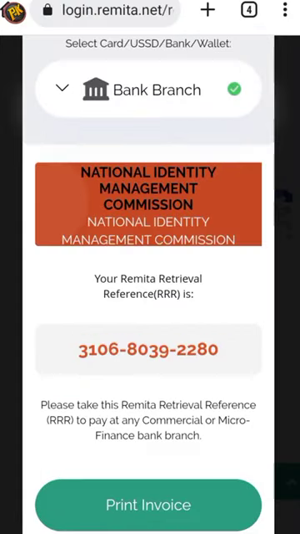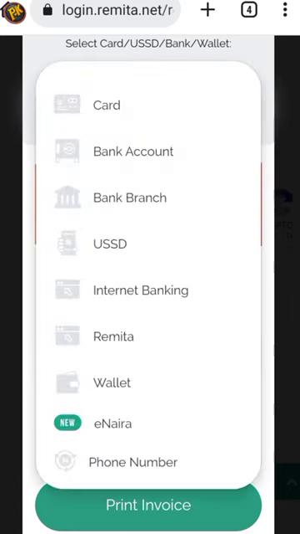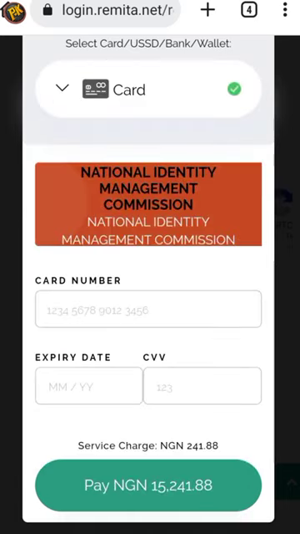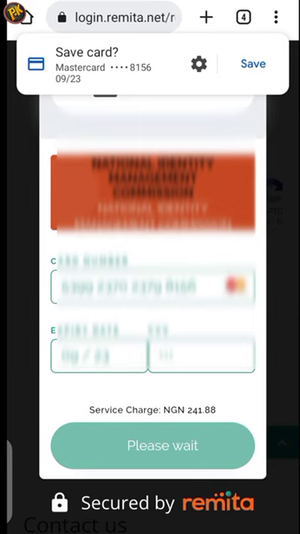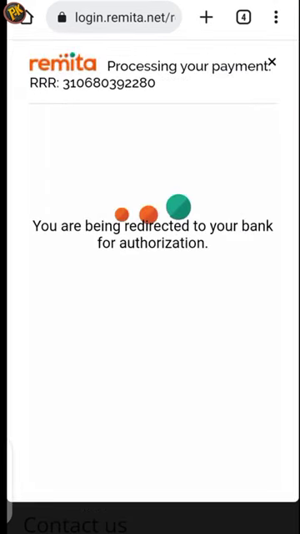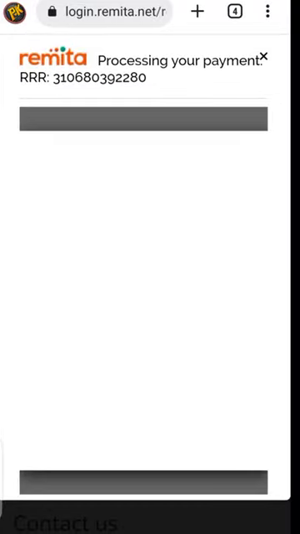Okay, so if you prefer paying with your card, like me, I pay with my card. So let me fill the details. Once you put your details of your ATM card, you can see it will identify the card that you're using, then you proceed with the payment of 15,241 naira and 88 kobo. So let me pay the money. You can see it's loading right here. So step by step,